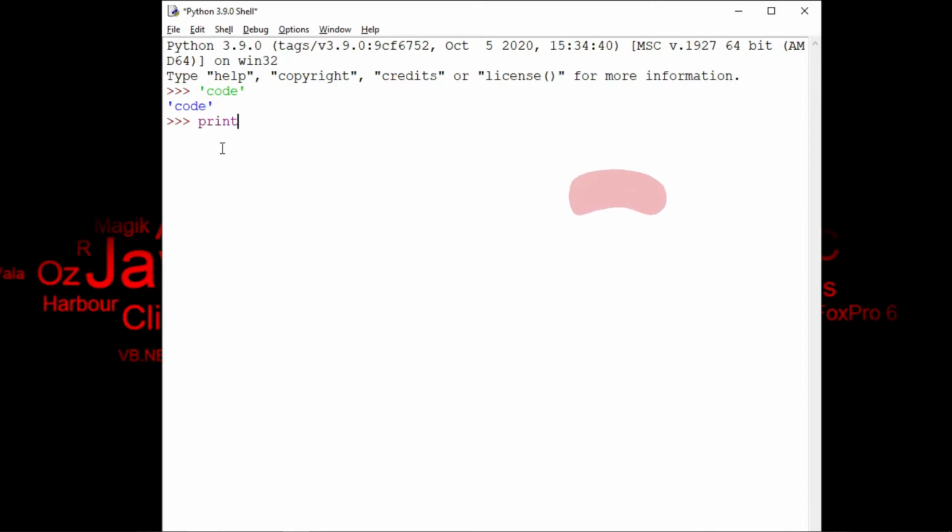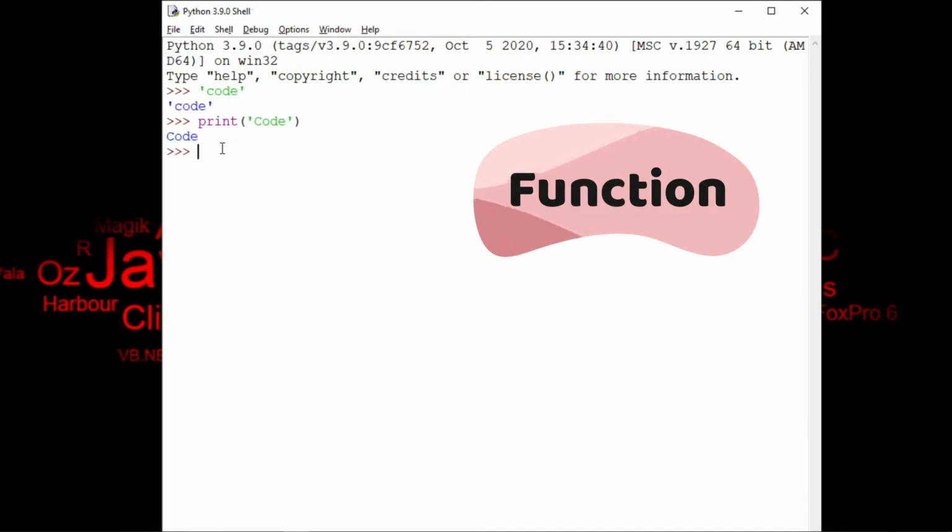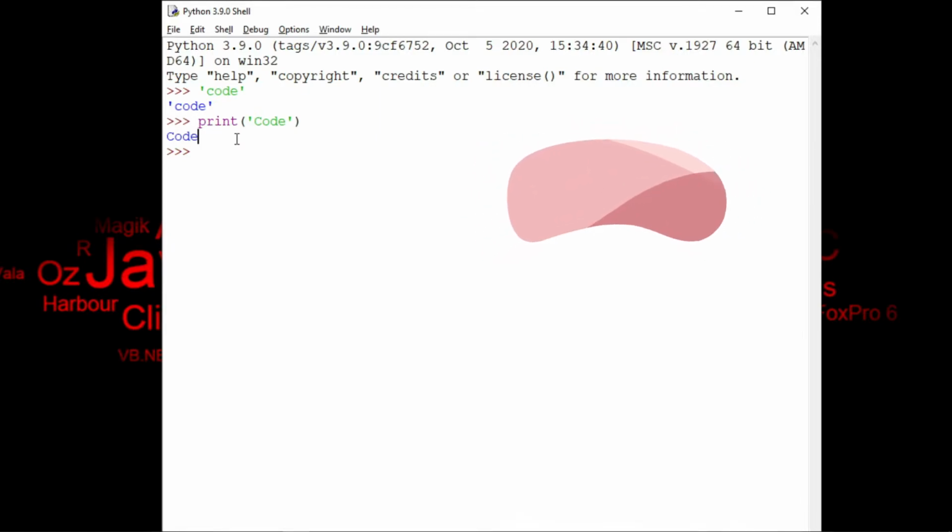So what can I do? I have to call a function in which I will pass some parameters and it can print any string for me. But here comes a new word in the picture, that is function. What is a function? A function is nothing but a set of tasks. It may require some parameters or it may not require any parameters, and it will perform the task for us. So one more question: can we have our own functions? And the answer is yes.